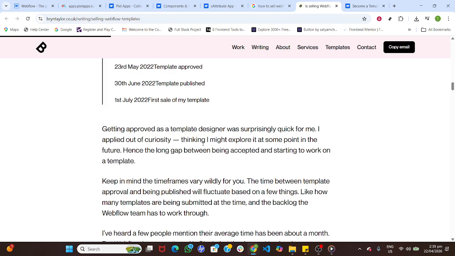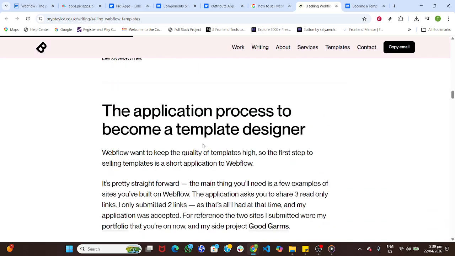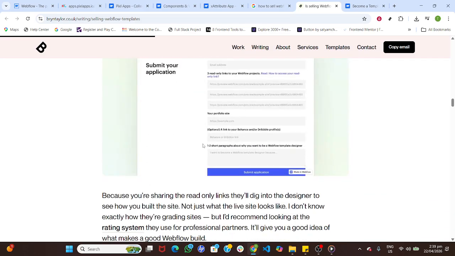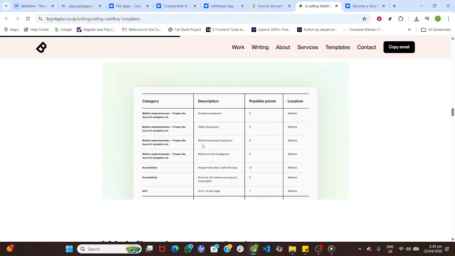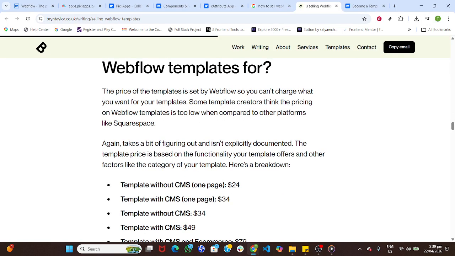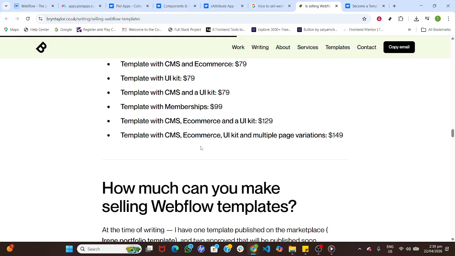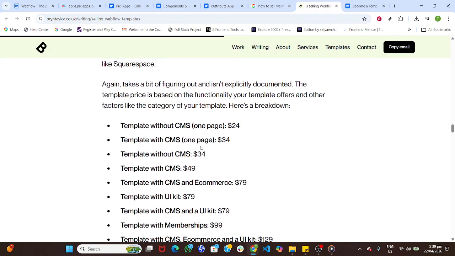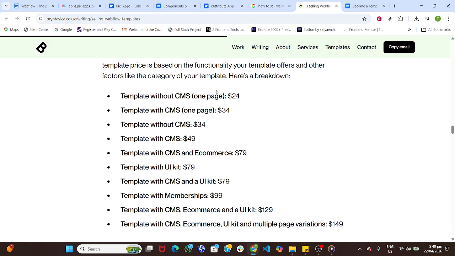To succeed long-term, focus on quality and documentation. Target specific niches like portfolios, SaaS, or e-commerce, and maintain updates as Webflow releases new features. Keep your structure tight with consistent class names and limit combo classes to avoid complexity. With these steps,